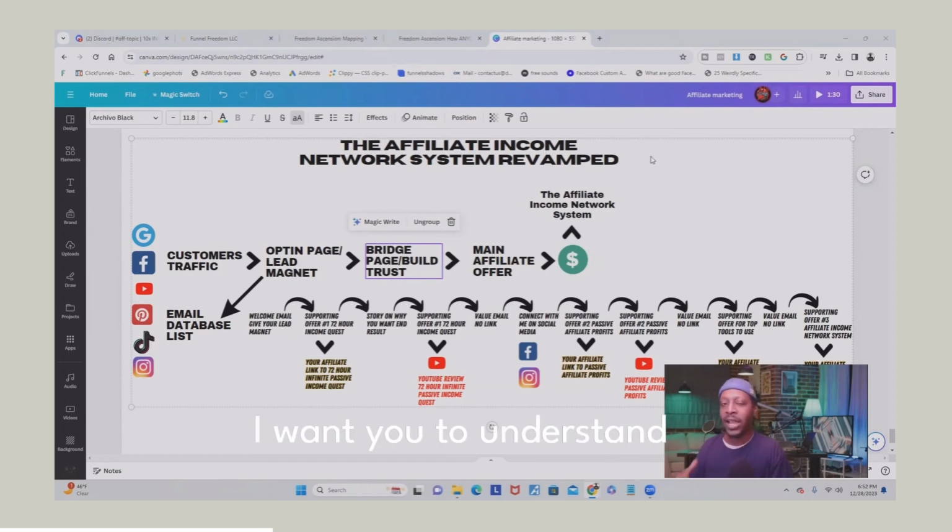So I want you to understand the power of that in itself. We're not going to be promoting just one affiliate offer. We're going to be promoting dozens of different affiliate products and programs to the same customer, and it's all going to be automated and sent out for you, and you won't have to create this. And also, we're going to be continually adding more products as time goes on. So by the time you see this video, there may be more other affiliate links that you could promote from within the software.